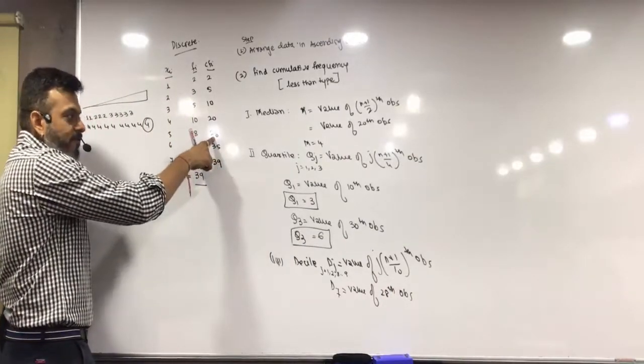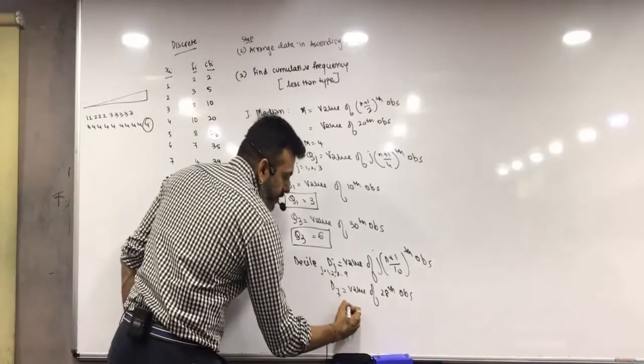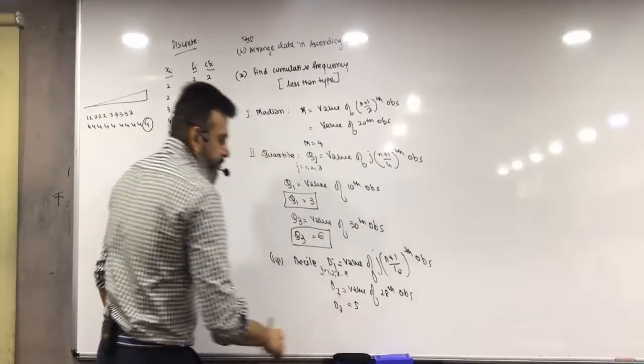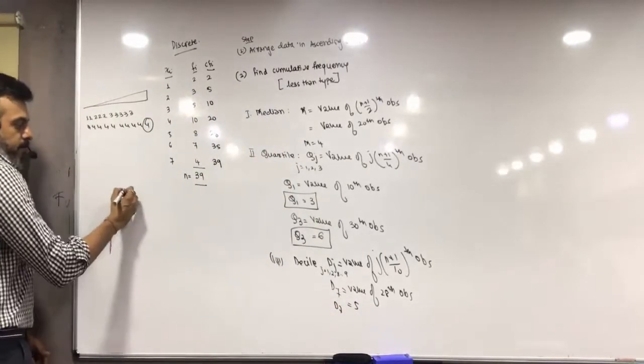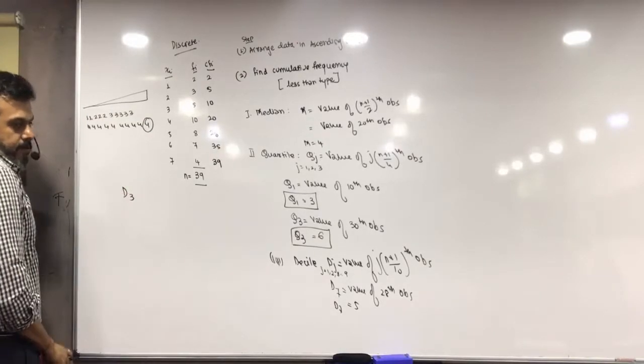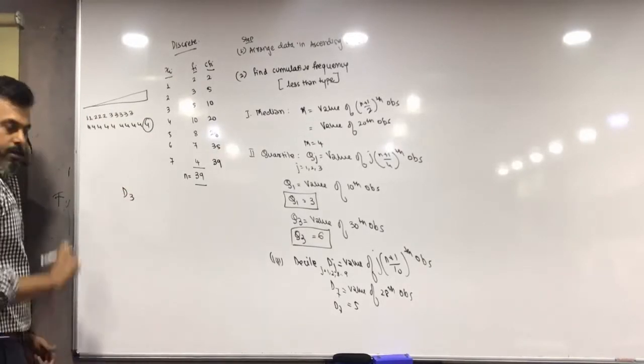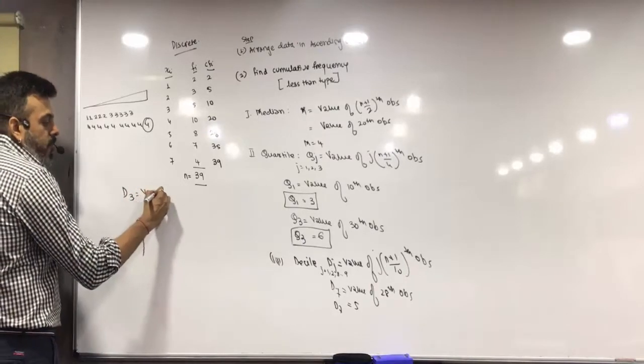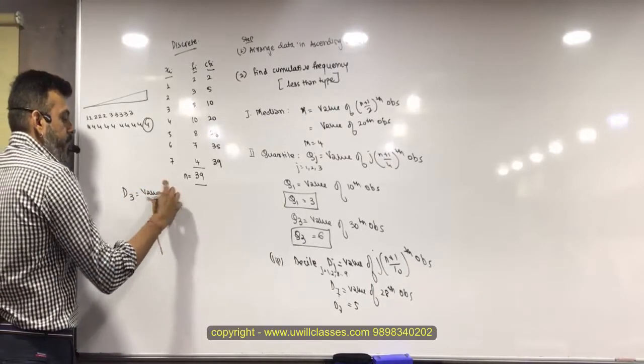What is the 28th observation? 5. So D7 is equal to 5. Let me find one more, say D3. D3 is equal to the value of 3